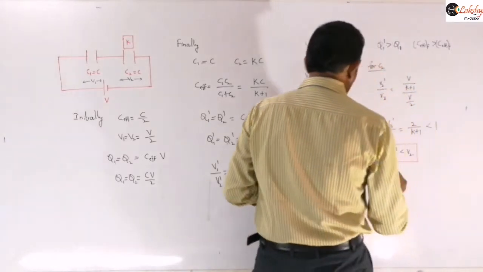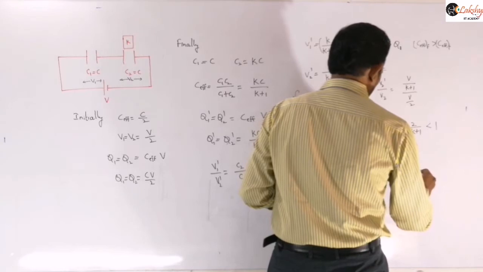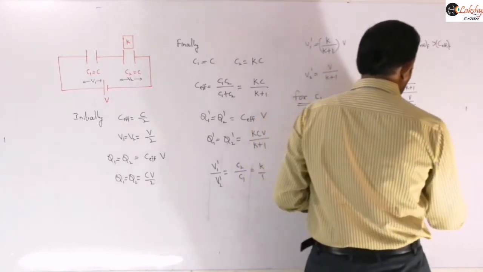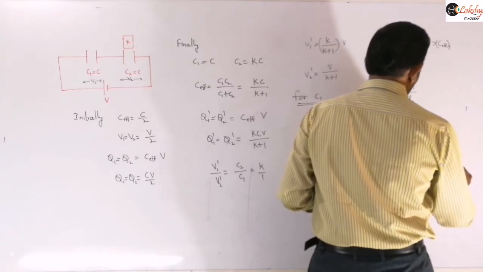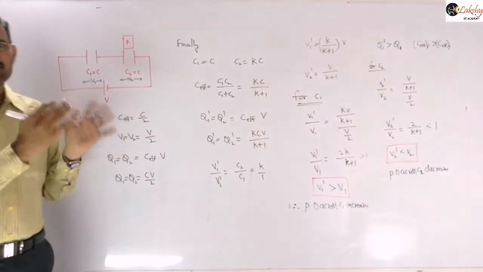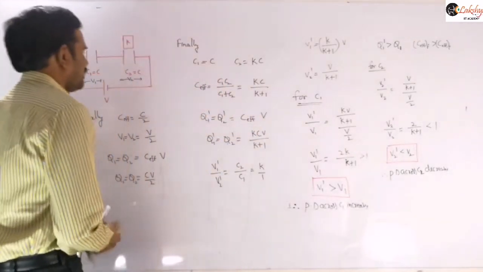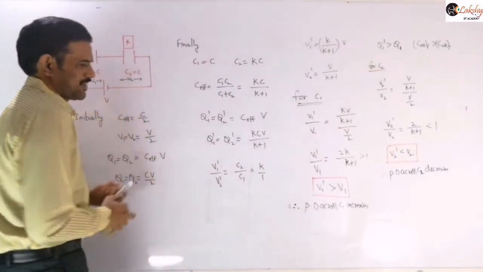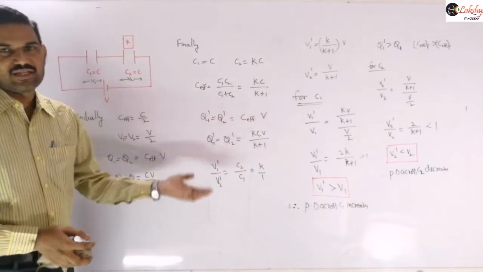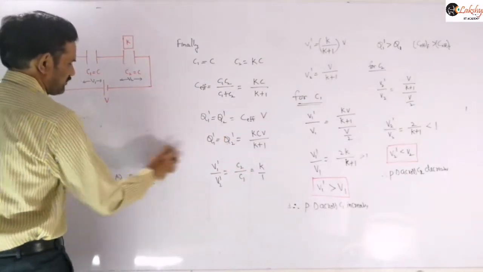So now here, the potential difference across C2 is decreasing. C2 decreases. That is the effect of this dielectric when you are placing it in such a series combination, right? So it's an important model. They may ask either ratios or potential difference, or they may ask critically like this. You should understand these total calculations here.